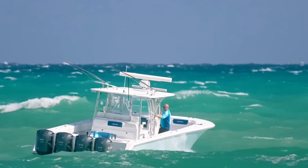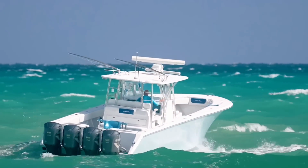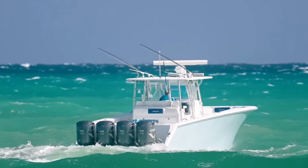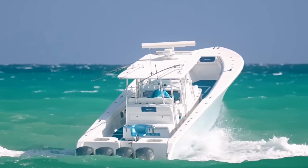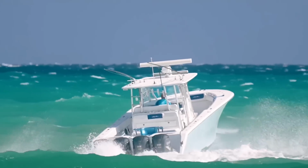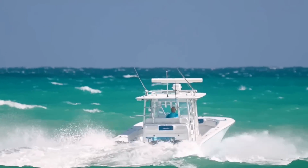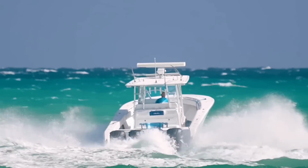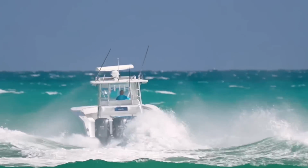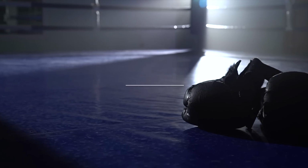Gonna head back to the helm. But I think I'm not gonna have much of a choice here. I mean, Haulover brought him to a complete halt, basically. And my man, he's starting to pick it back up again. But I think I'm gonna have to go ahead and give this first round to Haulover Inlet. So this is going to give Haulover the early 1-0 lead